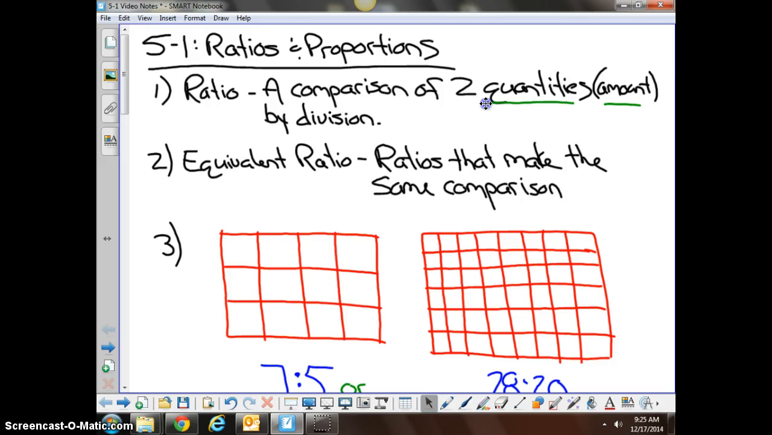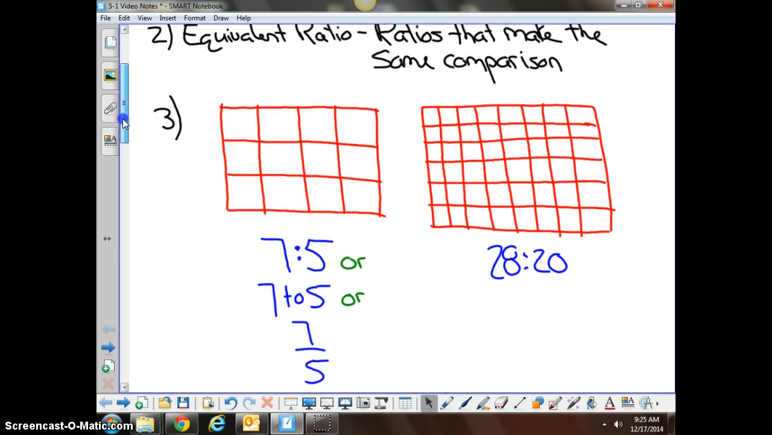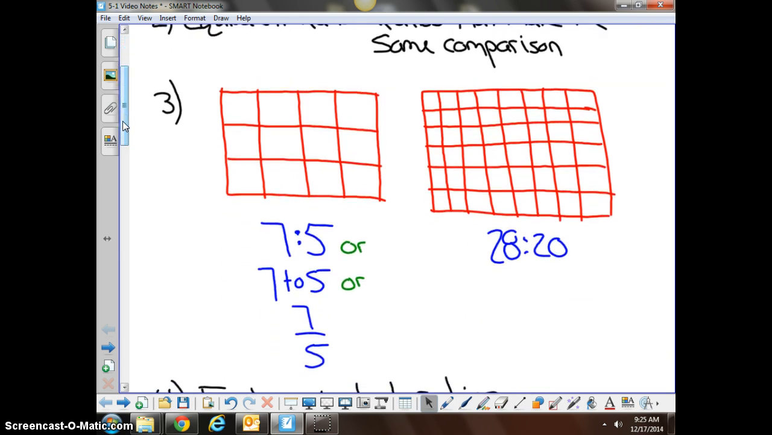Number 2, an equivalent ratio would be ratios that make the exact same comparison. And my example of an equivalent ratio would be number 3. Number 3, we have 2 boxes. One box has a total of 12 squares, and the other box has a total of 48 squares. Box number 1, the first one on the left there, we are going to shade in 7 of the squares, like so, 6, 7,